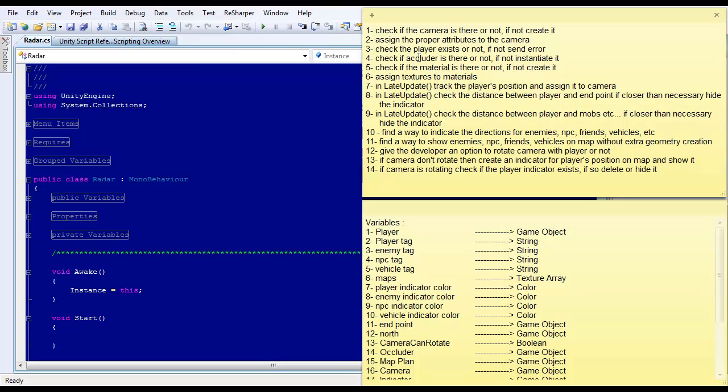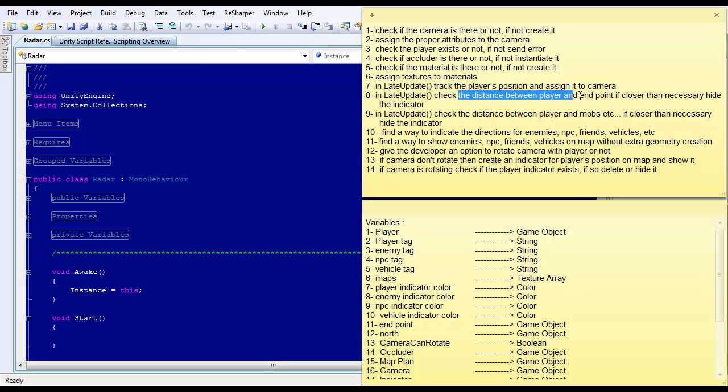If we have no occluder instantiated from a prefab, if the materials are not there, create them, assign textures to the materials, and then we will start to track the player and position the camera,